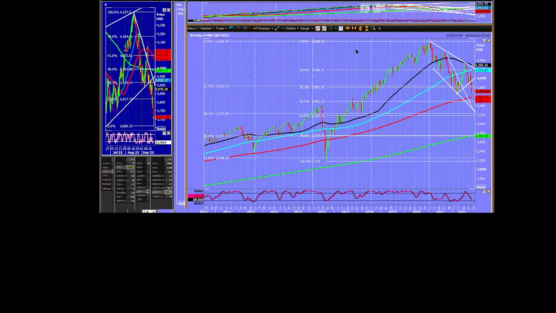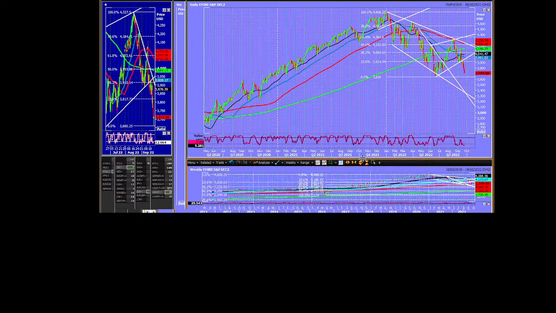Yeah, you're talking about the daily chart. Sorry, I'm looking at the weekly chart. But it's the same pattern, obviously. You're talking about this on the daily chart, yeah? The inverted cup and handle. And I think you're right.